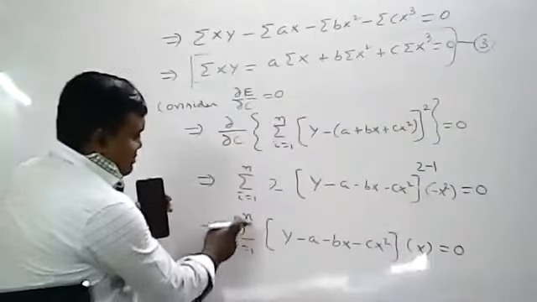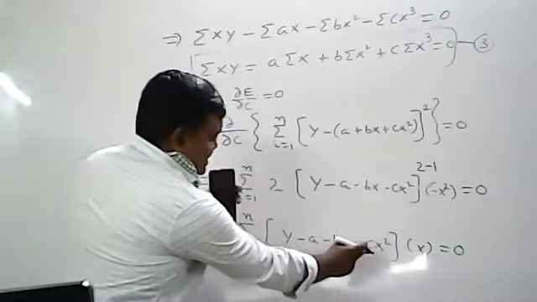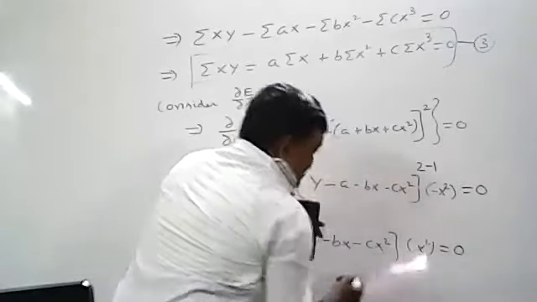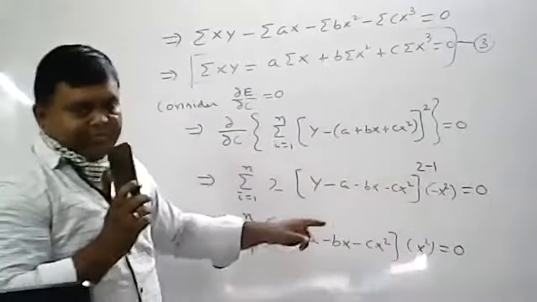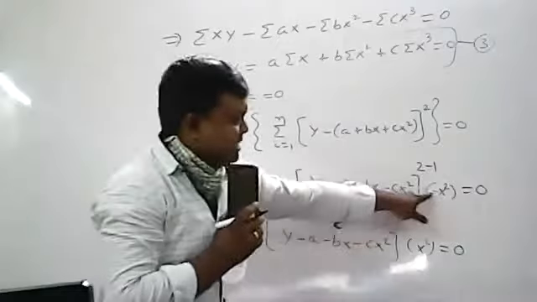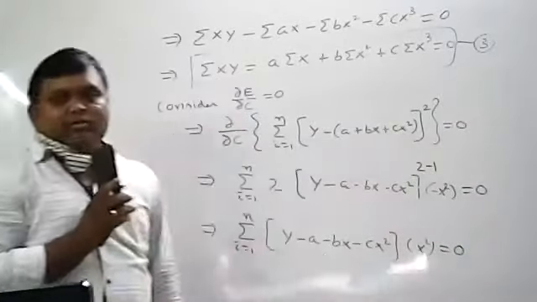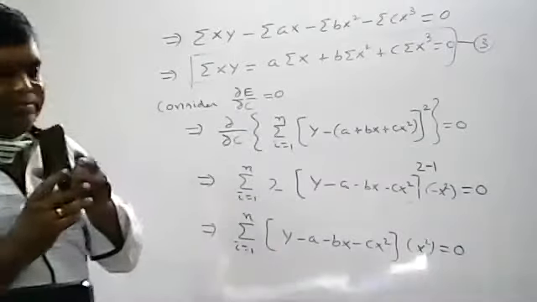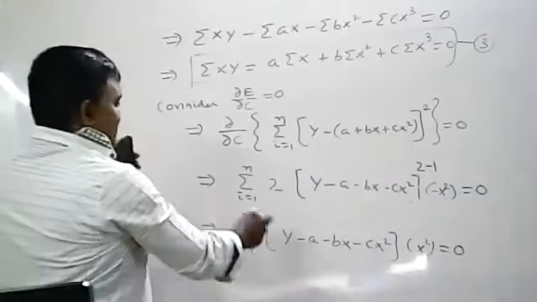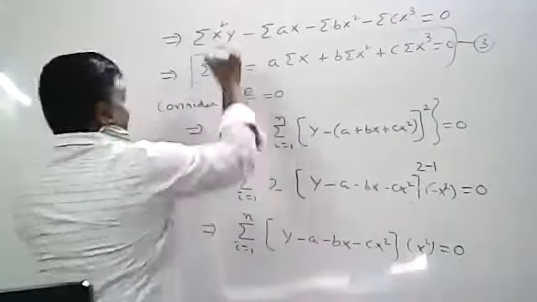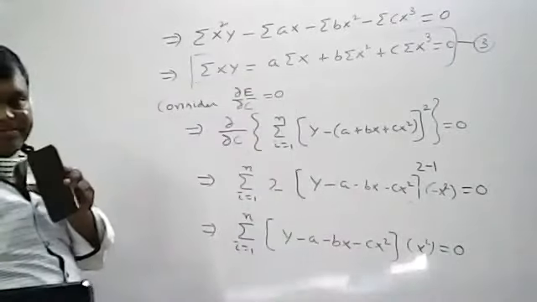So the remaining term is summation i equal to 1 to n of (y minus a minus bx minus cx square). Now in place of x, you will get x square. Minus you won't get. Why? What is the reason? 2 into this minus 1 we have already sent to that side. So only the term x square exists. Now again multiply. Multiply means what you will get? Summation i equal to 1 to n of y x square, that means x square y. x square y you will get.